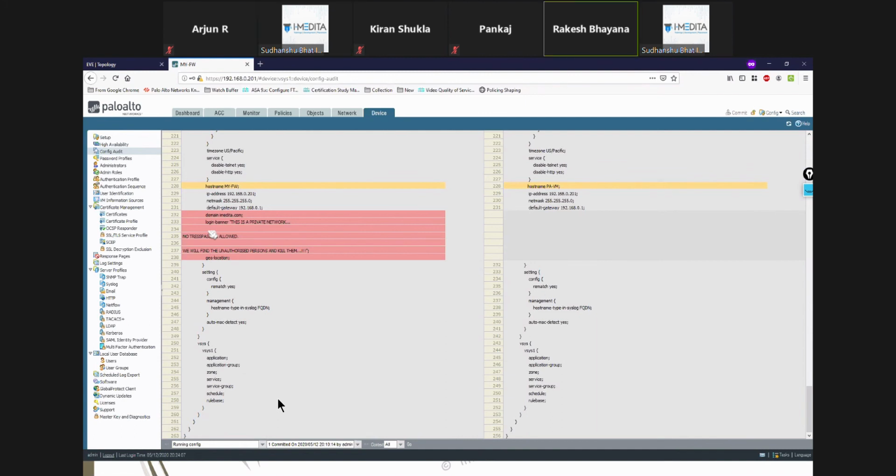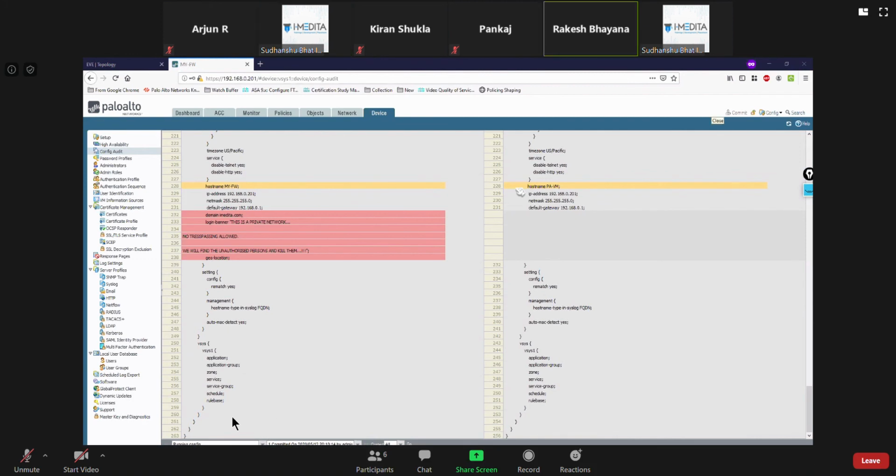Will this only differentiate between configurations, or if there is a difference in the operating system, I mean, if we upgrade our operating system, will it show the difference between the old and the new upgrade also? No, the operating system won't be shown as any difference here. This is just for configuration. So you mean to say it's only for configuration comparison? Yeah, within the firewall.